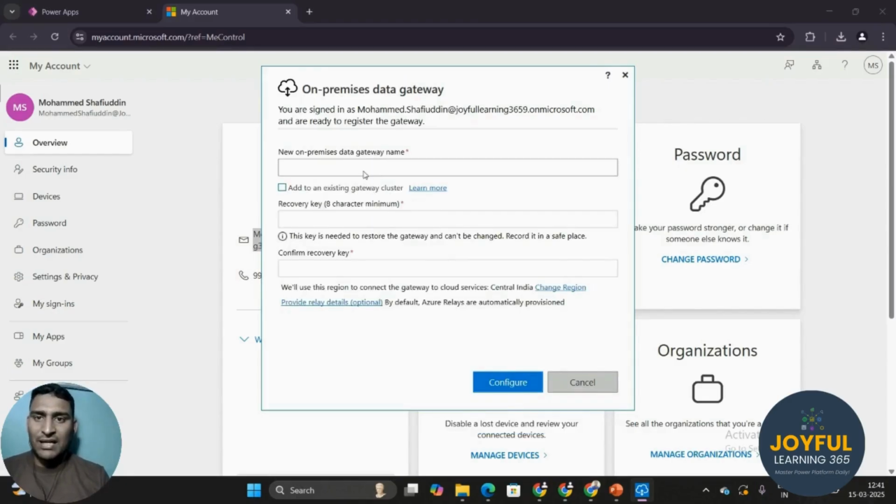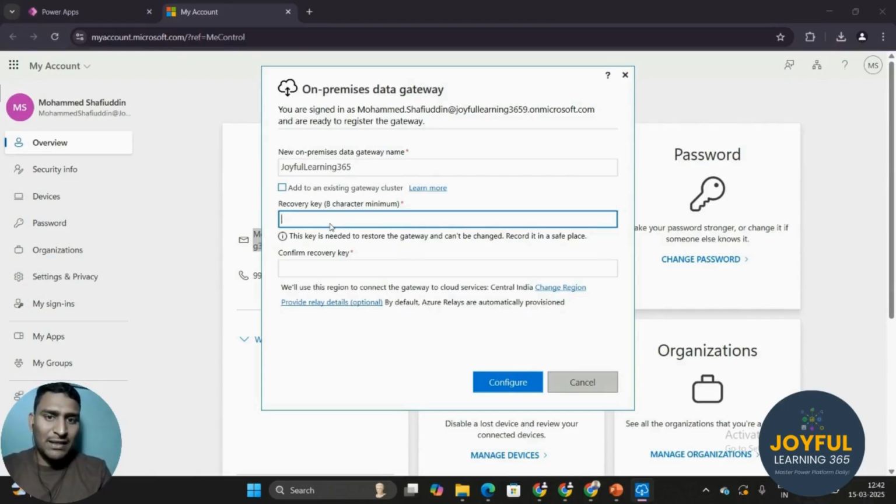Here I need to give a new on-premise data gateway name. So here I can give Joyful Learning 365, and here you need to give a recovery key. Whenever the key is needed to restore the gateway, it cannot be changed, so it should be kept in a safe place. That's the reason. Okay, you can give a recovery key. So I am giving my recovery key,